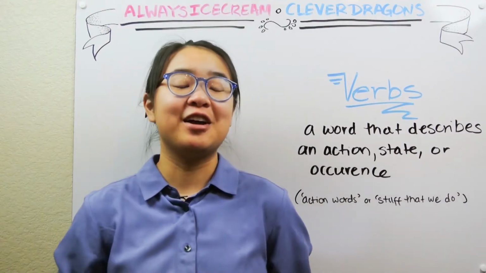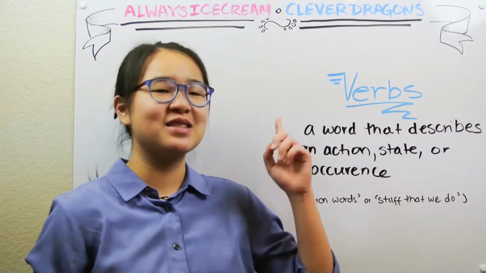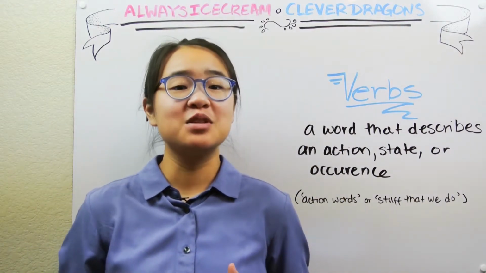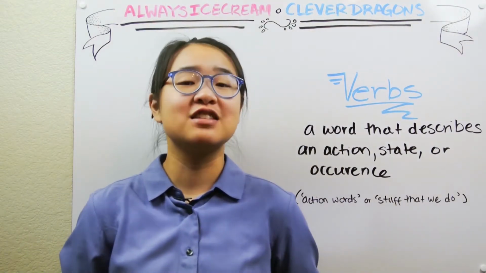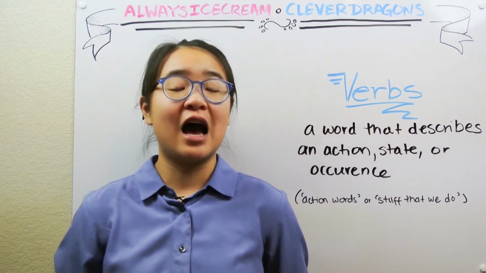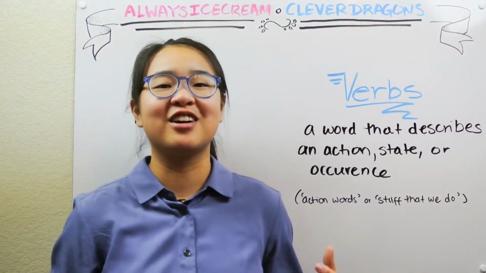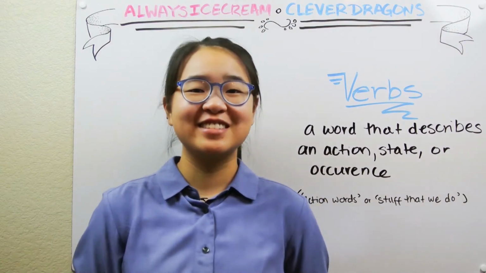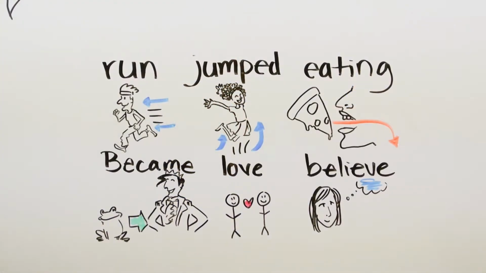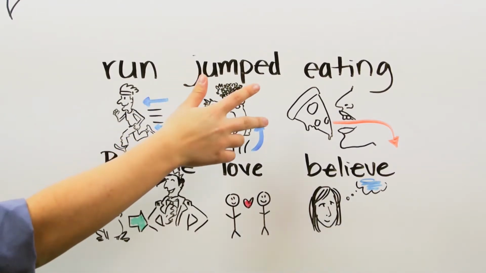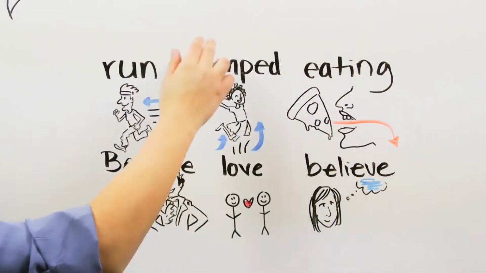Moving right along, another type of word is verbs. Technically, a verb is a word that describes an action, state, or occurrence. However, the way I like to think about verbs is as action words or stuff that we can do. Some verbs that we come in contact with every day would be run, jumped, or eating, which are all actions